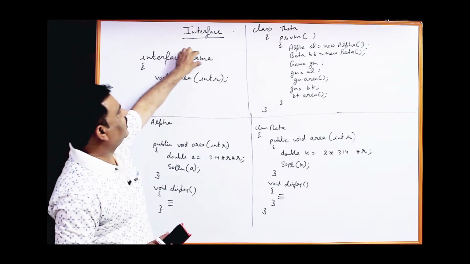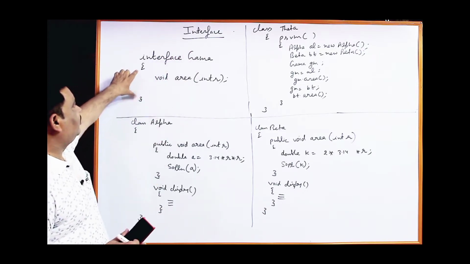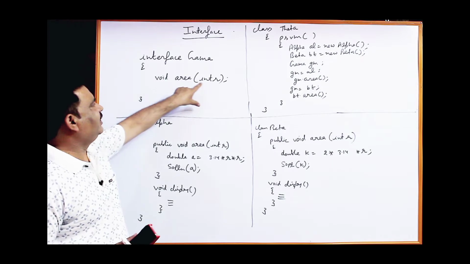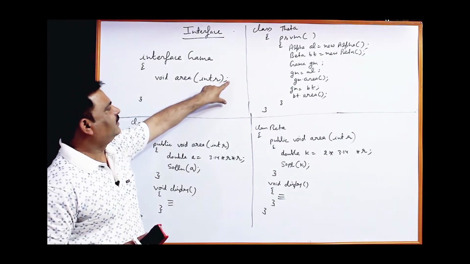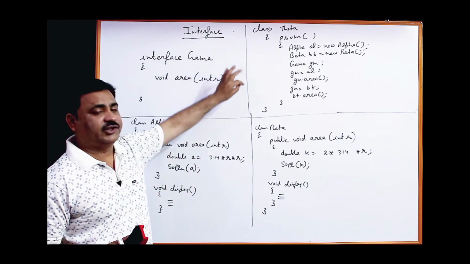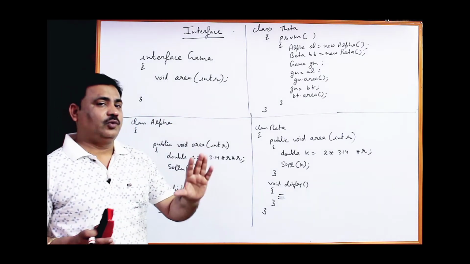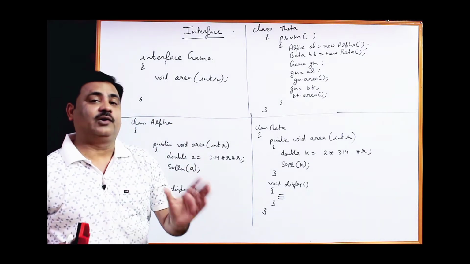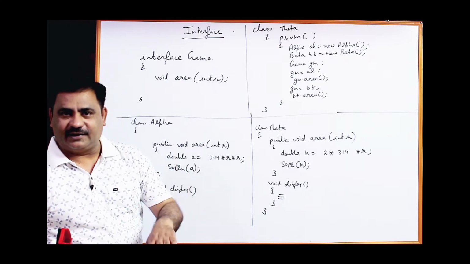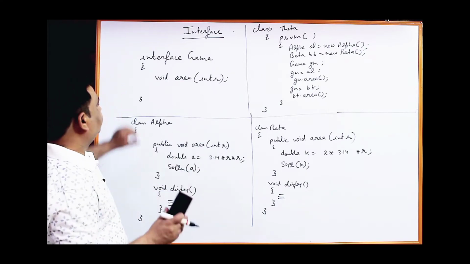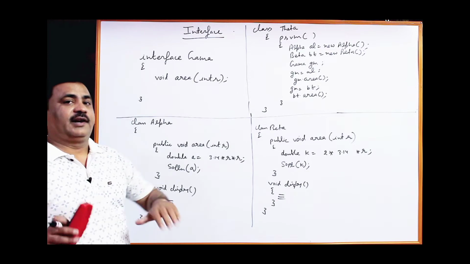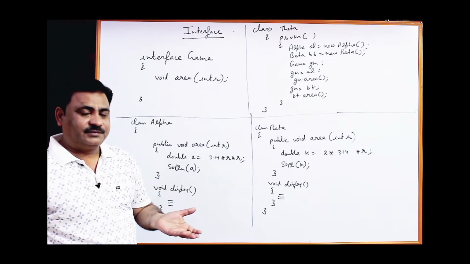So I have created interface gamma. Here I have just declared one function, void area(int r); semicolon. This function declaration is by default an abstract function, and you know very well about the abstract function. It can only be inherited. Okay, now where to define the class which will inherit it.